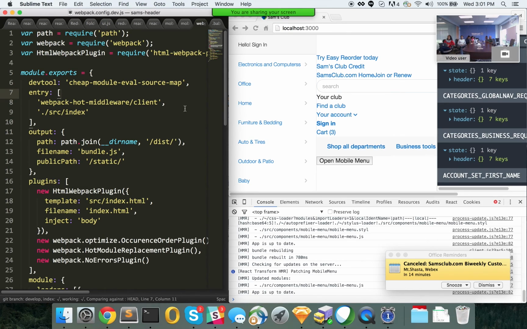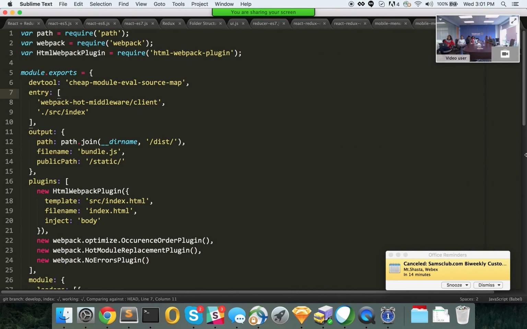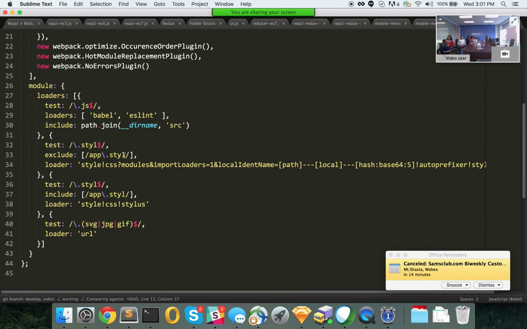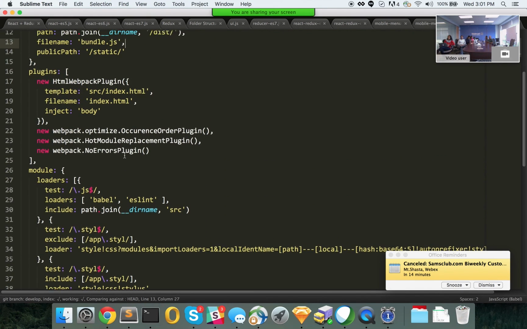And this is all thanks to Webpack. Webpack is the one doing the hot module replacement, and this is a Webpack config file. I don't really have time to go over it, but